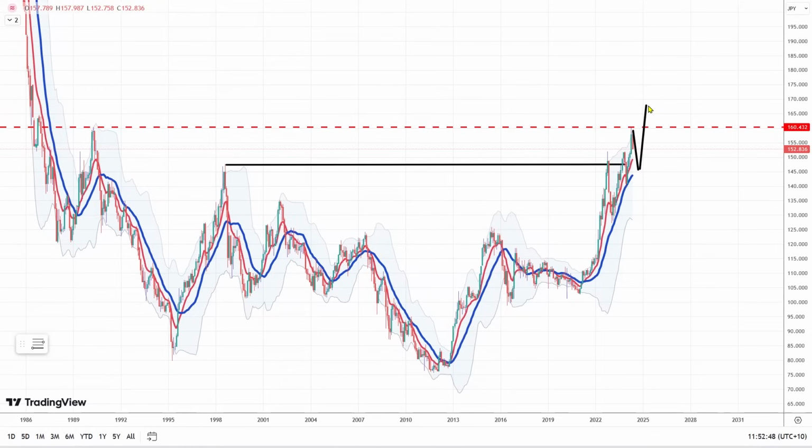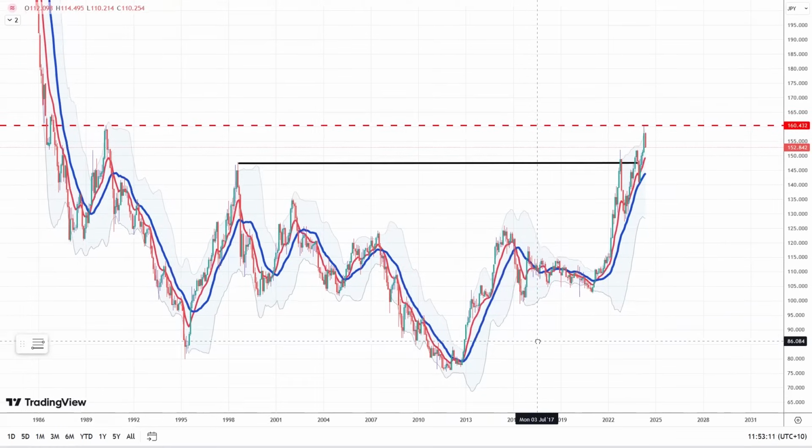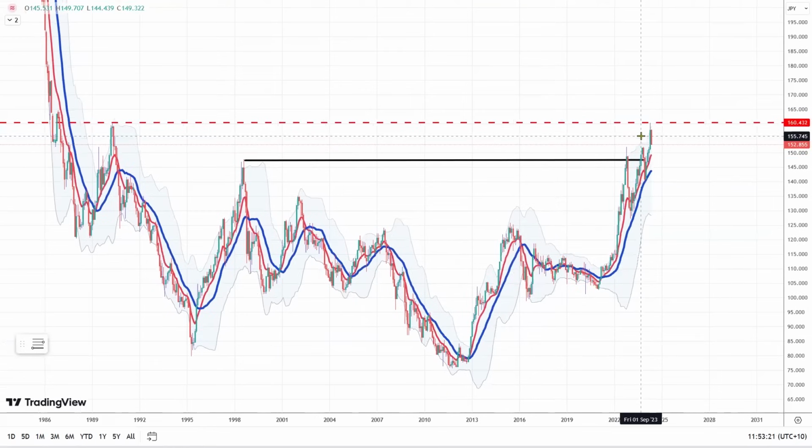And I'm just open to the possibility that we could be looking at something like that, just based on the technicals of a real rounding bottom, breaking out above a major level, and what's above there. So that could be an interesting outcome if that were to occur. So that's just a little starter. No real big statements about what's going to happen, just that it's something to keep your eye on and to understand what that situation is and why the BOJ is stepping in and trying to strengthen the yen at this